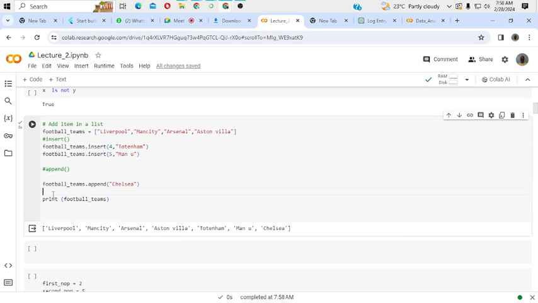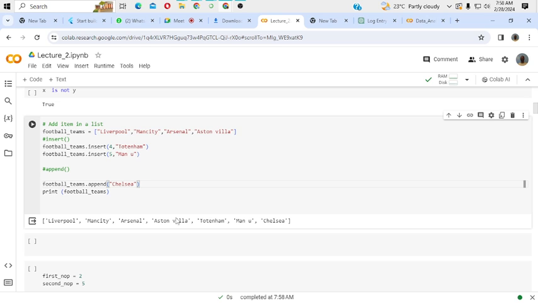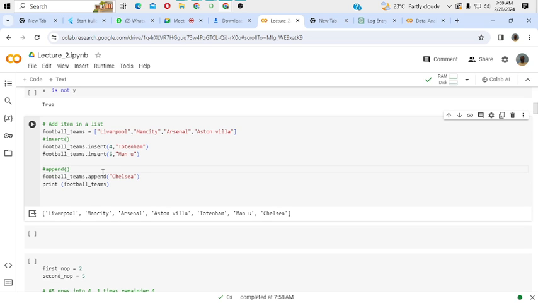And now you notice that our new list has Chelsea at the end. So with the append method, we don't add the index. But anytime you want to use the insert method to add an item, you must specify the index or the position that you want to place that item. The next method after adding,